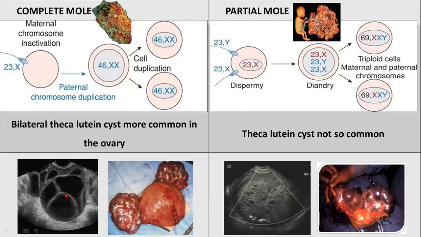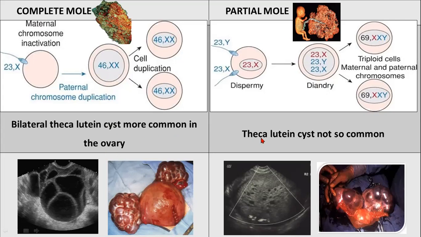And this is the ultrasound image. See the size of the cyst or the follicle which are present in the ovary. After the treatment has been taken for the complete mole, what happens is these follicles or the cysts gradually regress within 1 to 2 months. Okay. So this is also one of the most important questions, that bilateral theca lutein cyst may be present or resolved after treatment. So questions may be present regarding this also.